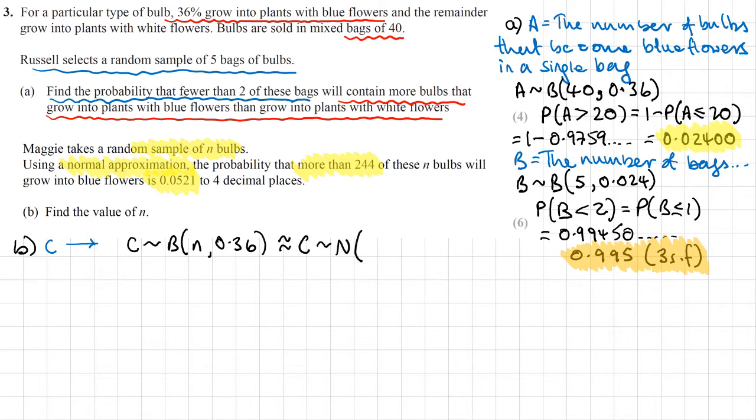So remember, with a normal approximation, the mean is N times P, and the variance is N times P times 1 minus P. Right, so my mean is going to be N times P, so that's 0.36N. And then my variance is going to be NP times 1 minus P. In other words, this times 0.64, and that will give me